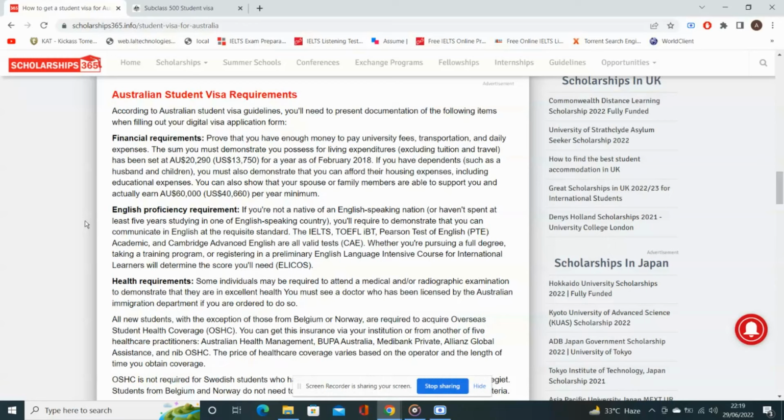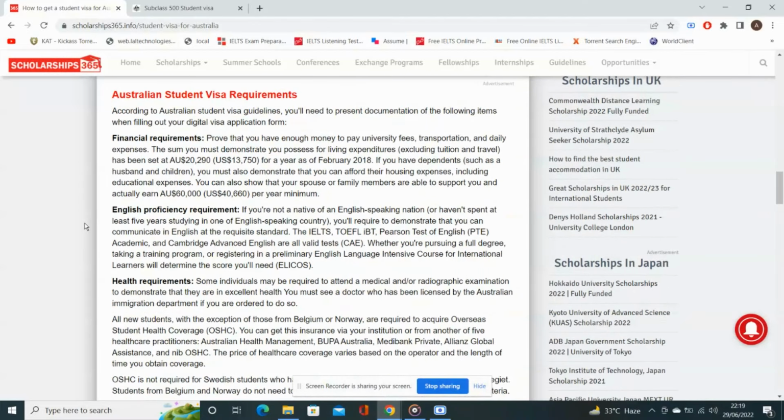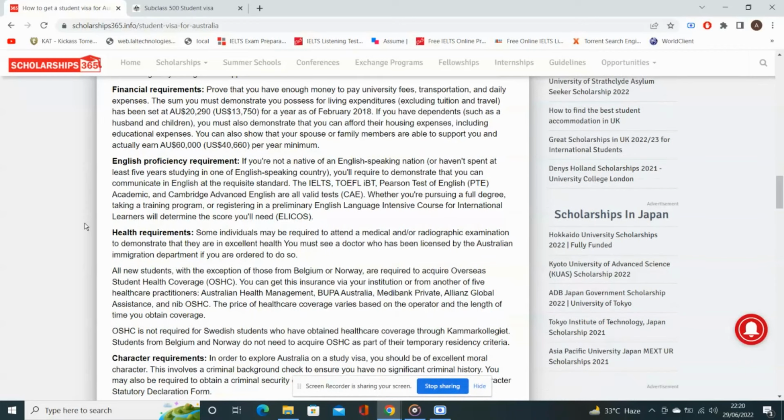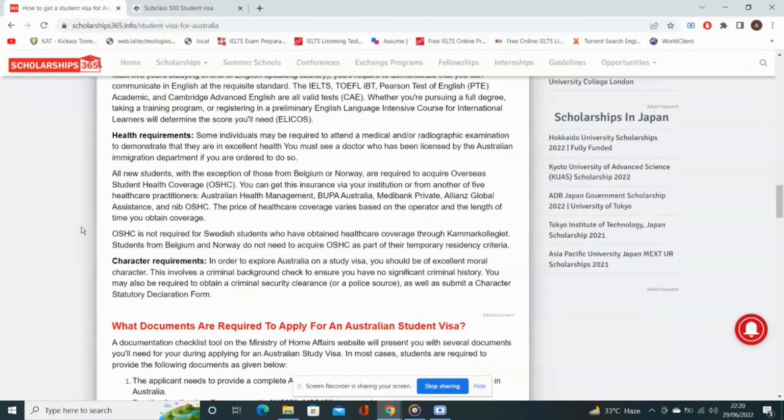For the English proficiency test, you need to acquire IELTS, TOEFL iBT, or Pearson. It is only for the non-native English speaking person. For the IELTS, you need to take the academic version. If you are pursuing a full degree or taking a training program, you need to take this course. When you apply for a university or a college, they will probably require this test before they approve you with